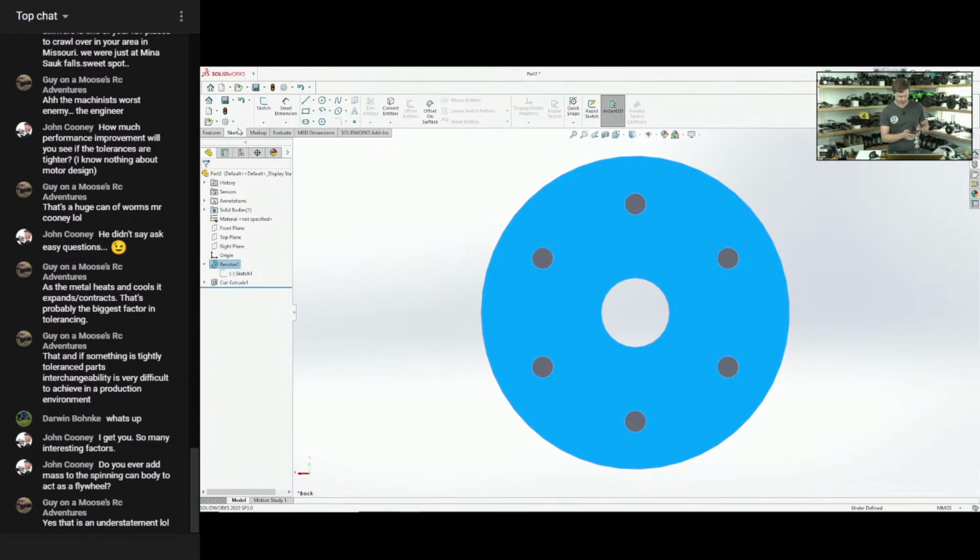All right. So good question about tolerances. How much will performance improve if you see the tolerances are tighter? Really depends on where the tolerances are. If we're talking about a bearing pocket, we want to have a slight interference fit, about 2/10,000ths of an inch, so that we can get the bearings out and we can also get them in without it being sloppy in the hole. If it was oversized, let's say 2/1000ths of an inch, there's going to be a lot of radial